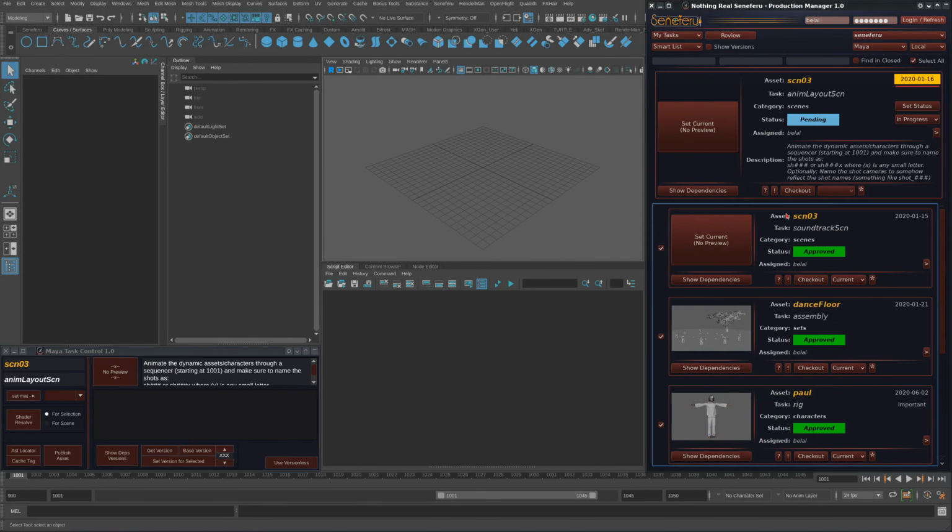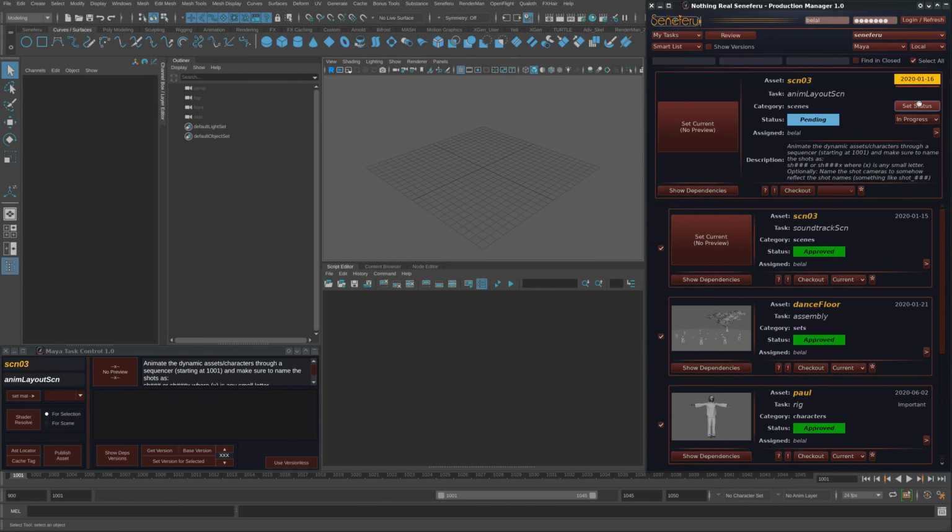So you can use it for animating or doing the animation blocking or pose-to-pose animation, or the animation for the whole scene in a sequencer. Always look at the task description here, because most of the time it will have a technical brief regarding the task or the considerations that you have to bear in mind when you are doing